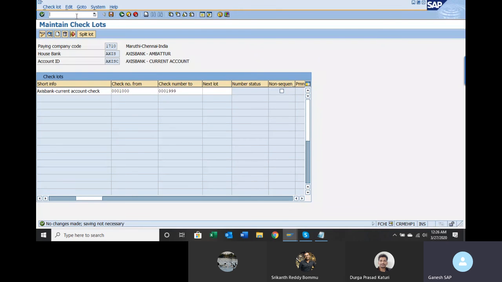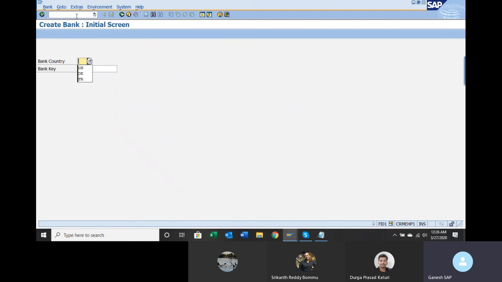So assume that the vendor we have created has an account in SBI, and he has given details like this. Go to FI01, bank country IN. He has an SBI account, SBI, let us say not Hyderabad, SBI T Nagar, for example.